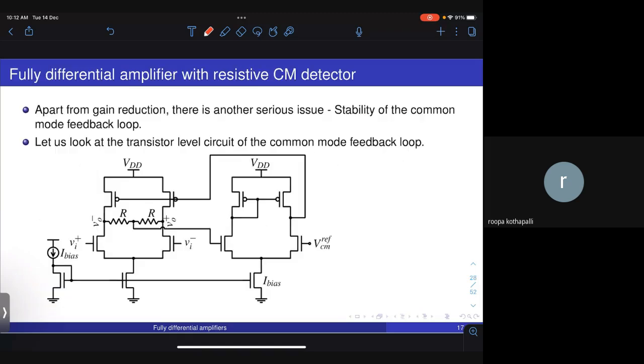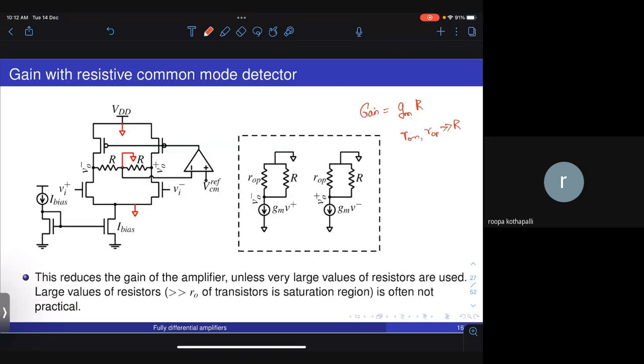What is the other problem with this? Another serious issue is stability of the common mode feedback. Let us look at the transistor level diagram of the common mode feedback loop. So this is the same thing. In the previous figure, we had shown this